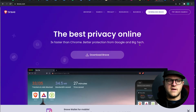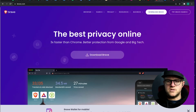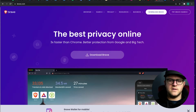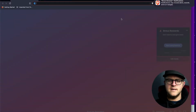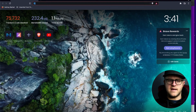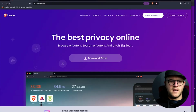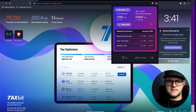In fact, if I go over to my Brave browser, let me just check it. I can open it for you. I don't use Brave currently because the third project I'm going to tell you about in particular does not currently work on Brave, and I want to check it out. And a lot of my passcodes and things are built into Chrome, so I stick with that for the most part. But I want to check out the rewards here